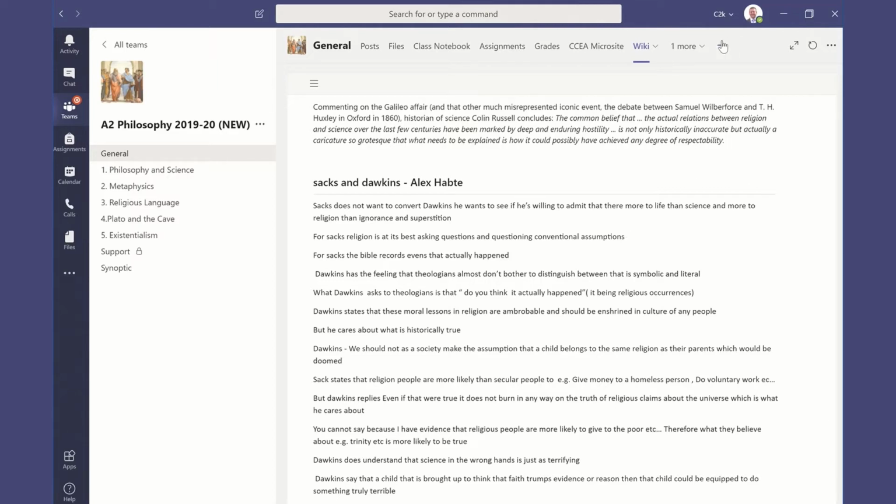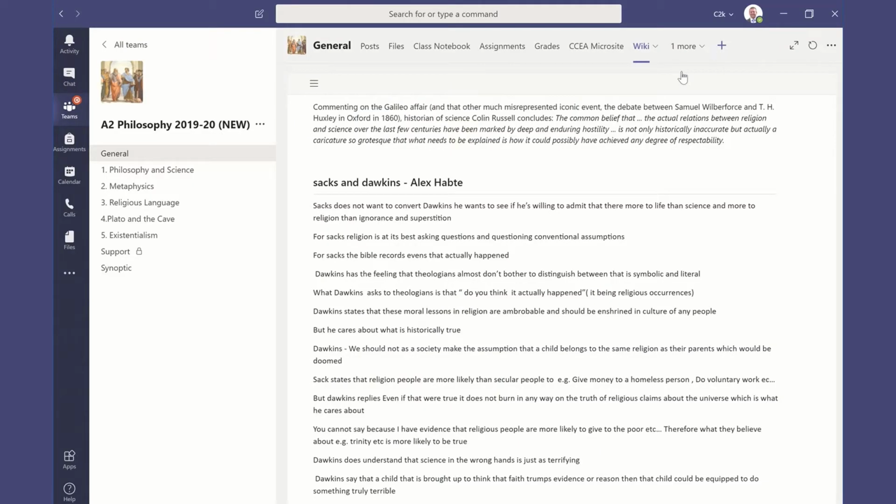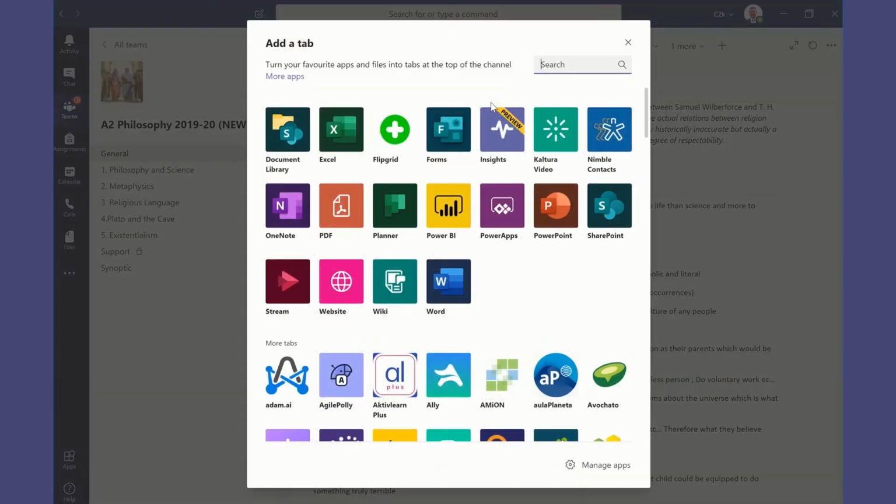So we're able to use this plus sign at the top to add in apps, and these are going to be some of your favorite Microsoft applications, so really recognizable Microsoft products that have powered education for the past 2 or 3 decades. We've got ever faithful Microsoft Word, we've got Excel and PowerPoint, and we've got our OneNotes and our PDFs. And really one of the keys is the ability to add in a hyperlink or a web link into the top of our document,